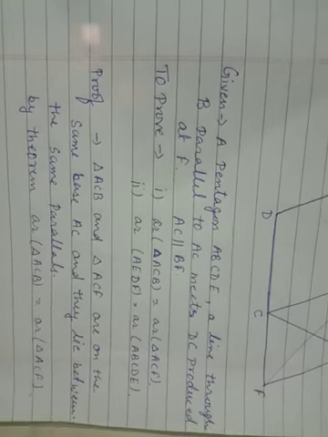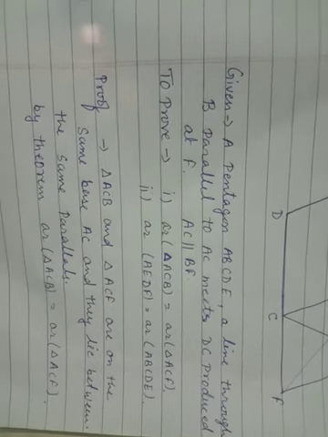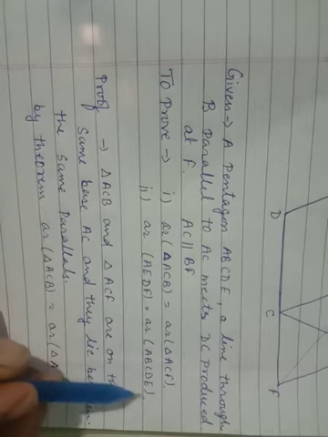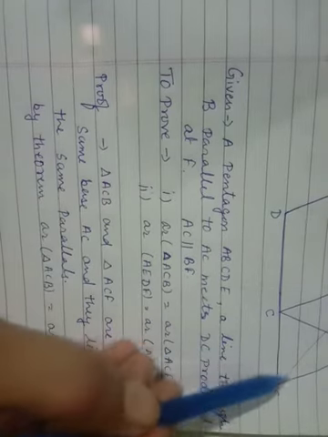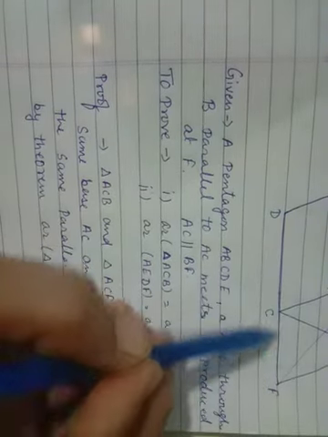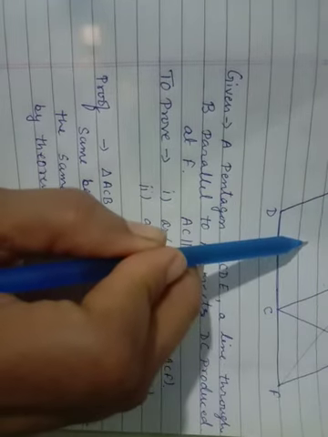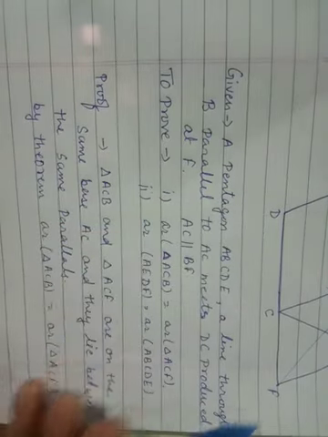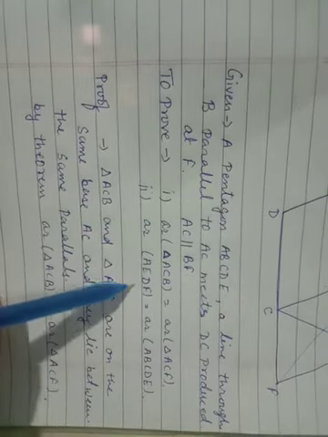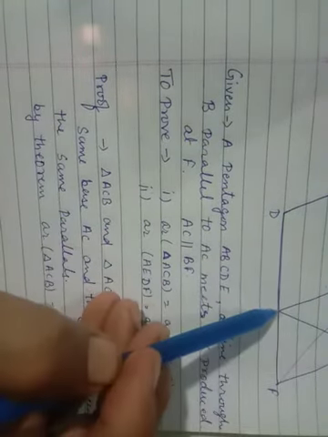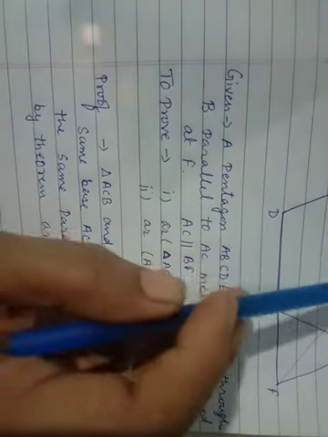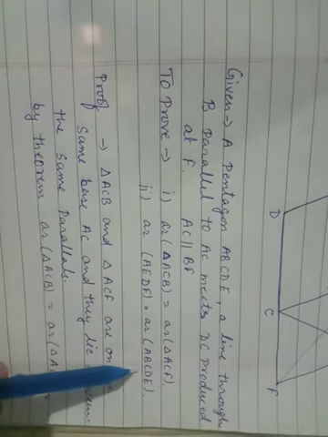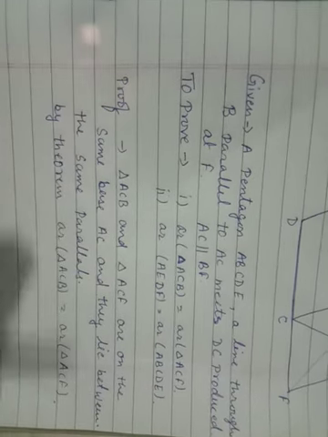Okay. Now next we have to prove that area of AEDF is equal to area of ABCDE. So you can see that this is area of ACF. If we add this area, we will get area of AEDF, this one. And in this, if we add ACB, we will get AEDCB, this. Okay, so this is very simple.